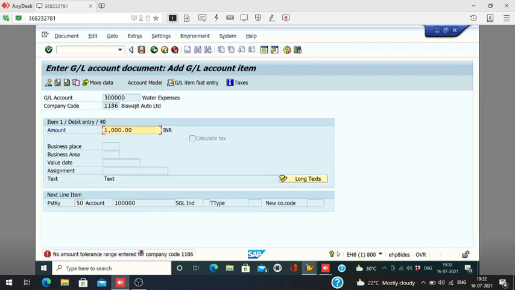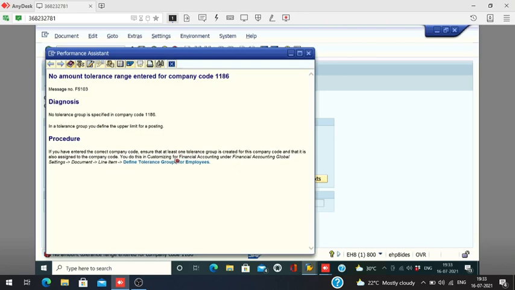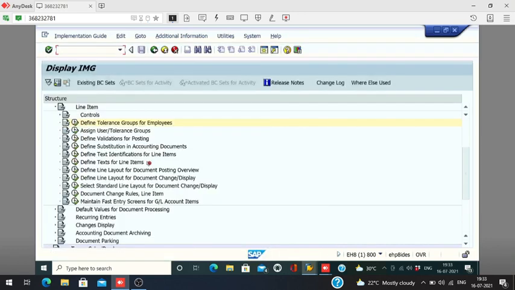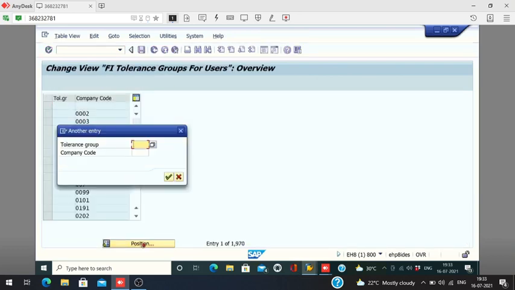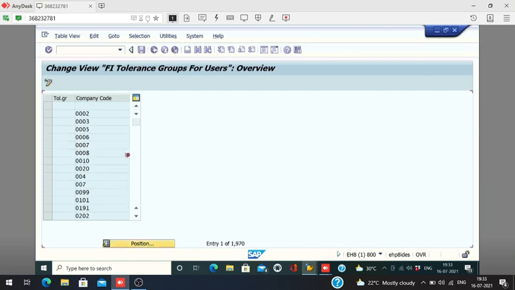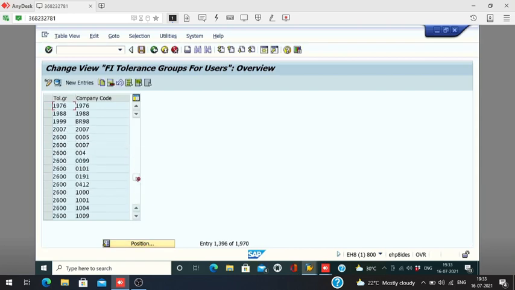No tolerance range entered in company code 118. Double click on this error and it is saying that tolerance group. Okay, here it is coming. Click on this. Our company code available or not? 1186 not available. So we have to copy someone